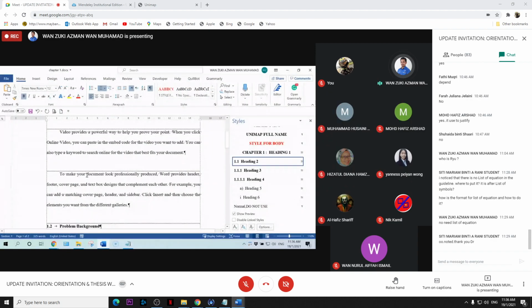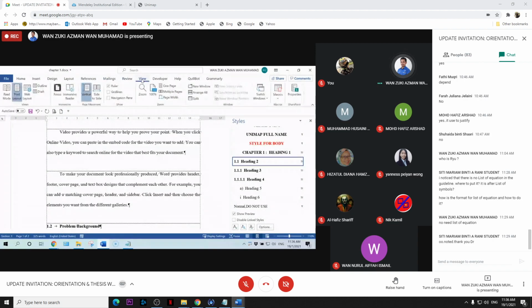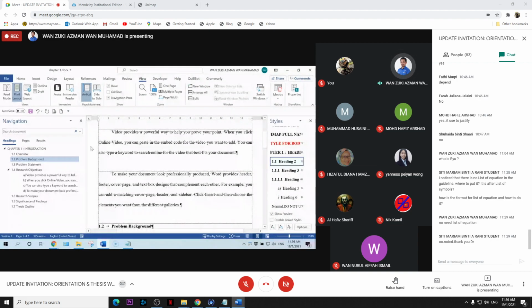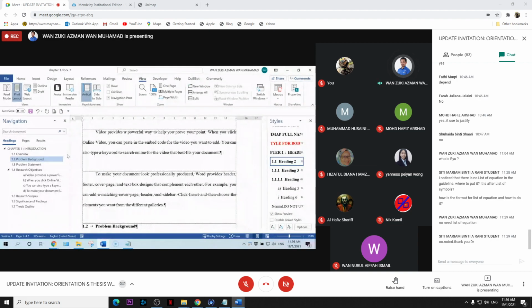That's why my approach is I have the outline first. Even though I don't have the content, I will draft my proposal outline first.